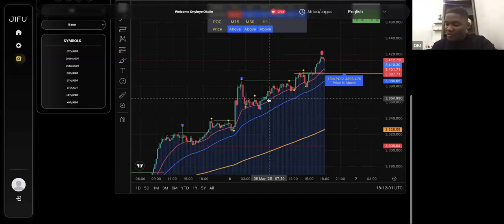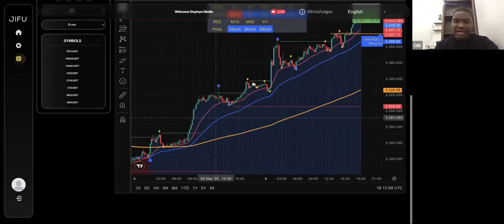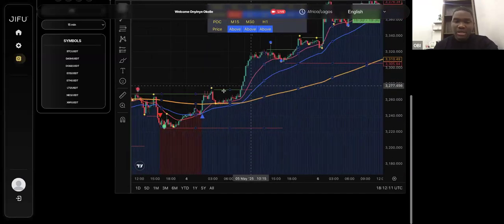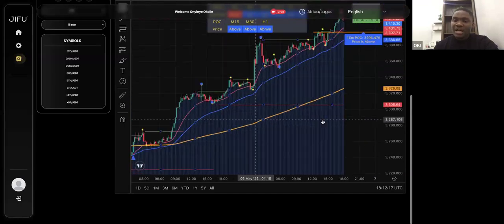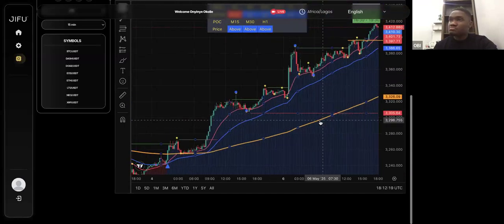We have the red line and we have the blue line. Let me make it as simple as possible. Let me not tell you what the lines really entail. We have the red line, and we have the what? We have the blue line. And then we have